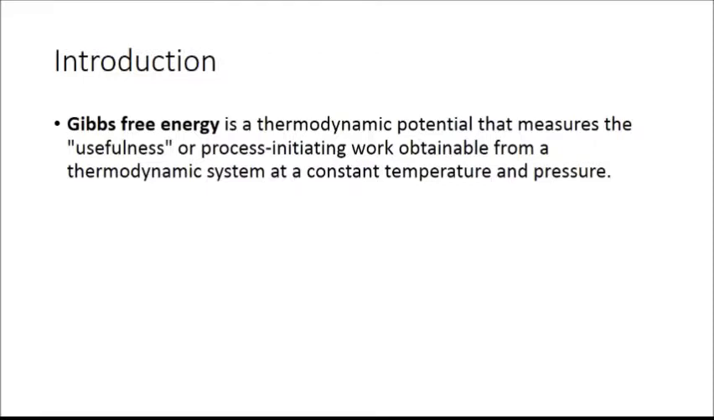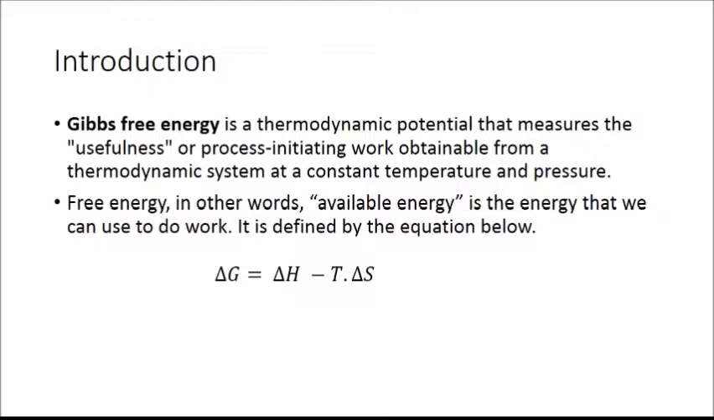Gibbs free energy is a thermodynamic potential that measures the usefulness of process initiating work obtainable from a thermodynamic system at a constant temperature and pressure. So to make that sound a little bit easier, we're going to define free energy, in other words, available energy. So available energy is the energy that we can use to do work. So it's energy out there that we can obtain, and we could use that to do work in our human